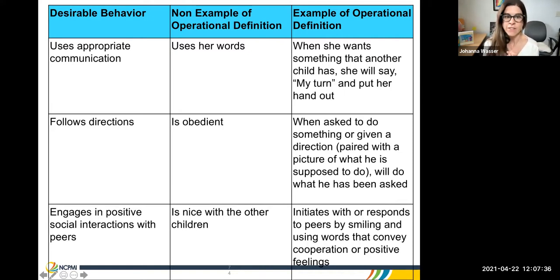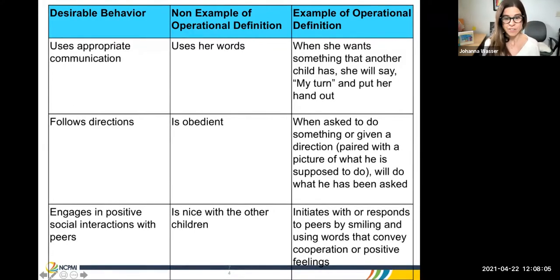It works if I walk over and ask for a toy versus I walk over and I scratch, pull hair, and knock the friend down. Okay, because otherwise that works way better. Does that make sense? Okay, so that's what makes this an intensive intervention plan. It's not something that you've never done before. It's just different. Okay. All right, so "following directions" or "is obedient"